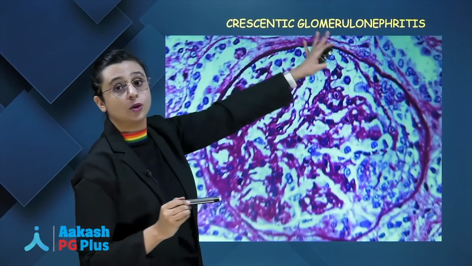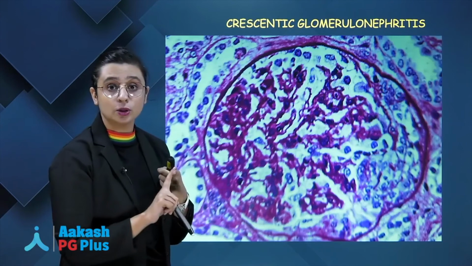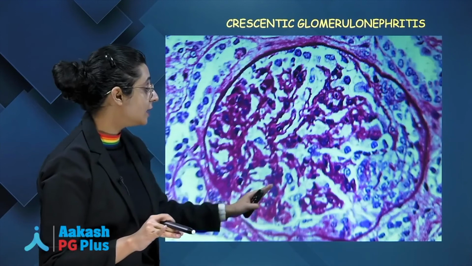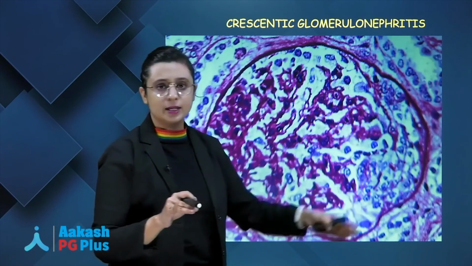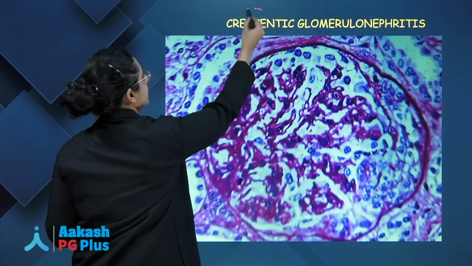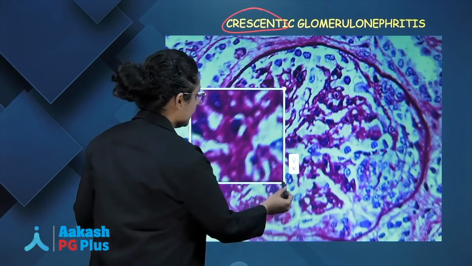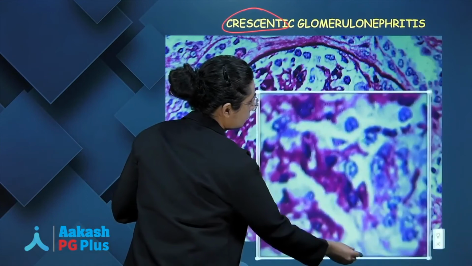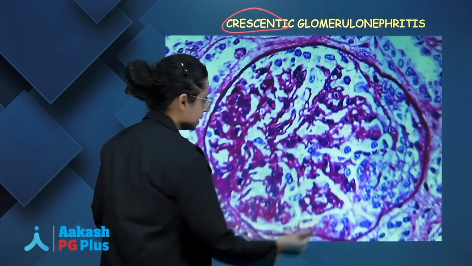Next, crescentic glomerulonephritis. Let's just focus on this glomerulus, and you can see it is not normal. Number one, everybody can see that it is not a normal glomerulus. And you can see a crescent shaped structure which is predominantly comprising of parietal epithelial cells. We have already discussed the MCQs. Let's just focus on this term crescent. That means a half moon shaped structure, and let me just zoom into the structure and see this crescent area. This crescent or half moon structure can help you identify the image as crescentic glomerulonephritis.